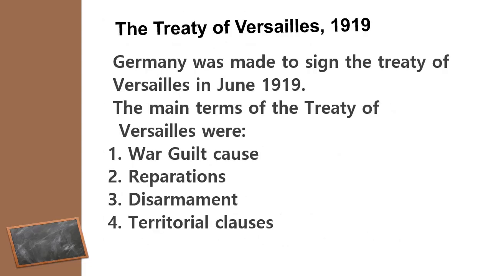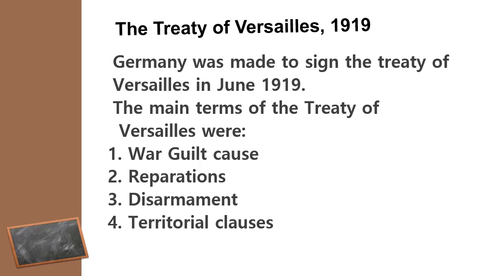The Treaty of Versailles was signed in 1919. Germany was made to sign the Treaty of Versailles in June 1919. The German delegation met the Allied representatives. The Allied forces were the British forces and others, and Germany agreed to evacuate, to empty, all the areas which it had taken during the war. It also surrendered all arms, ships, and other war material, and allowed the Allies to occupy German territory along the river Rhine.